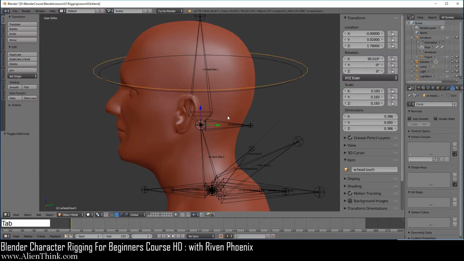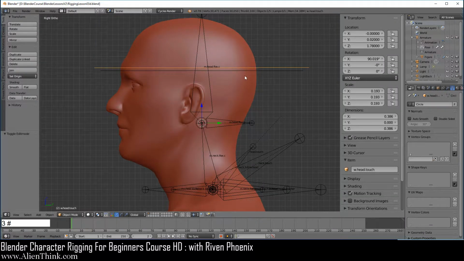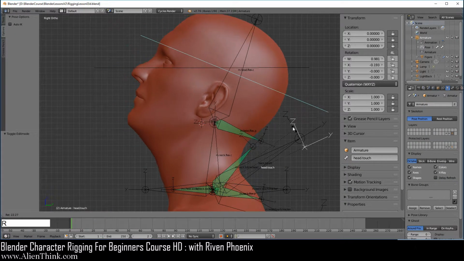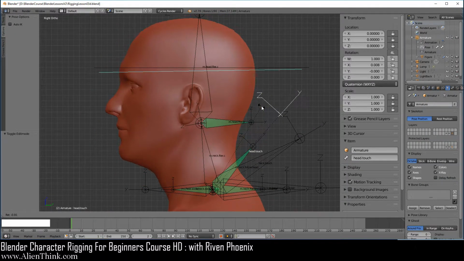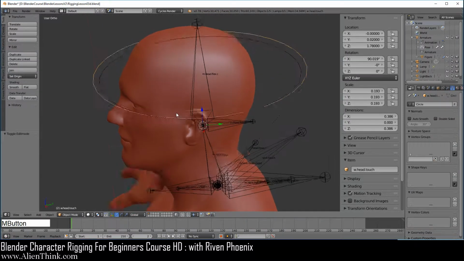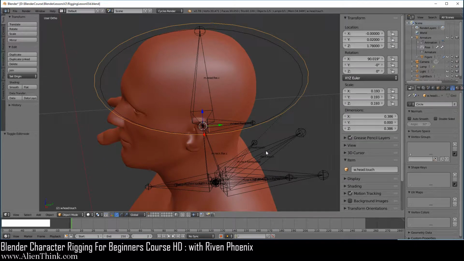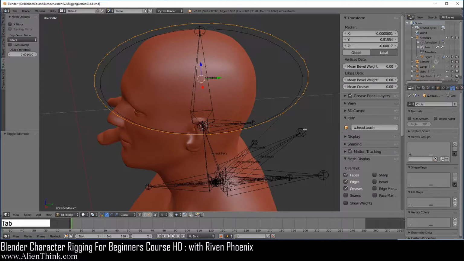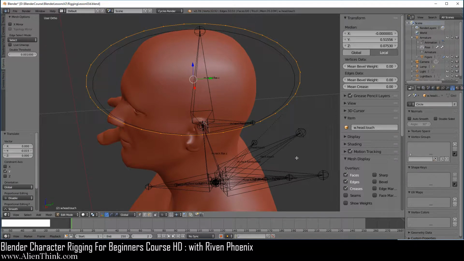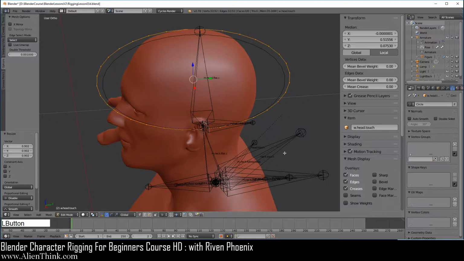Now when you press the tab key to go back into object mode, press the 3 key. Here you can select this, right? So now you can press the R key. So you can see that here we're just moving the head. So that's how this concept works. So you can actually do the middle mouse button and just fine tune it a bit. You have to press the tab key to go into edit mode and just position it in edit mode over here, okay? And you can actually scale this down a bit if you want to, right?